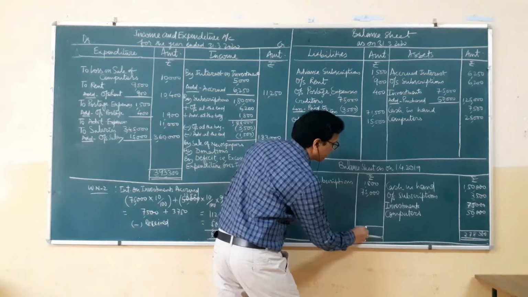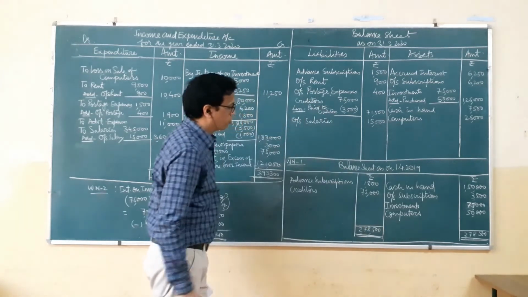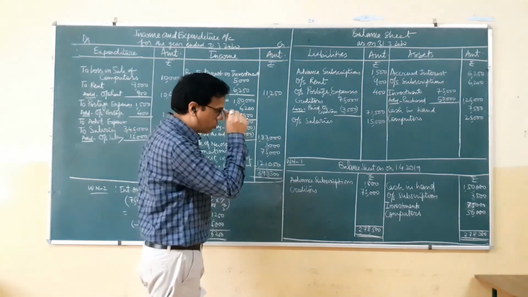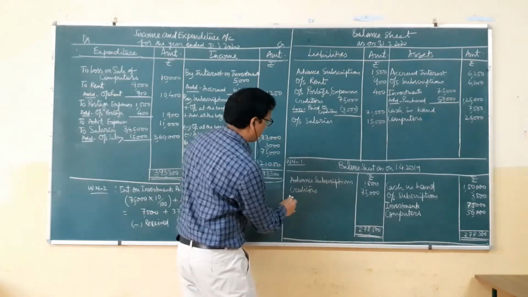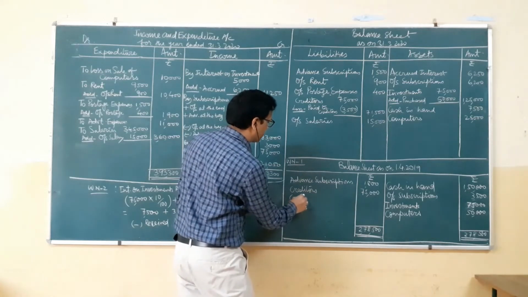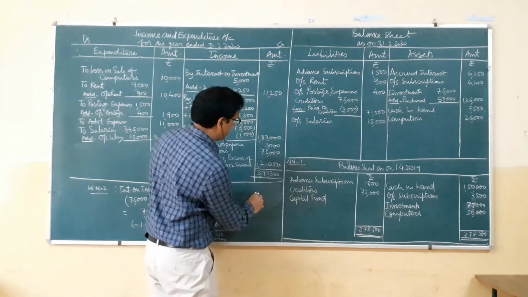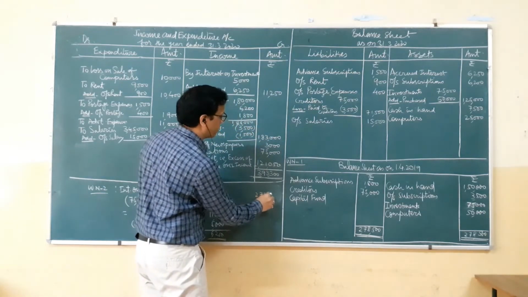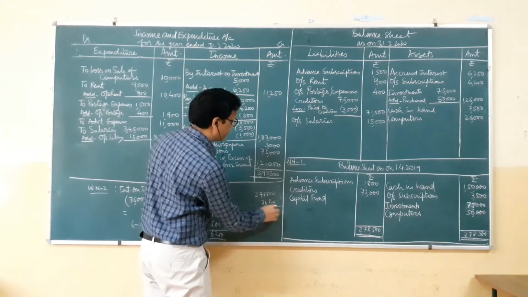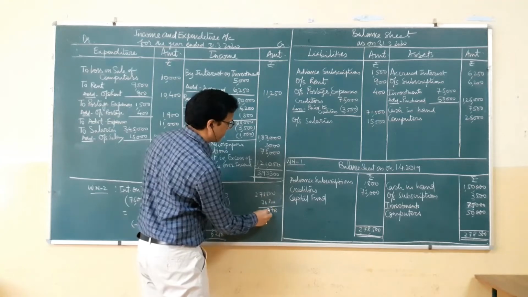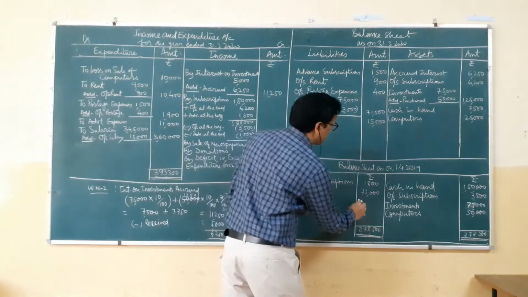So minus, when we subtract these items from here, 278,500 minus 75,... minus 1,800. So capital fund, we calculate it, 278,500 minus 76,800. So 2,01,700 is our